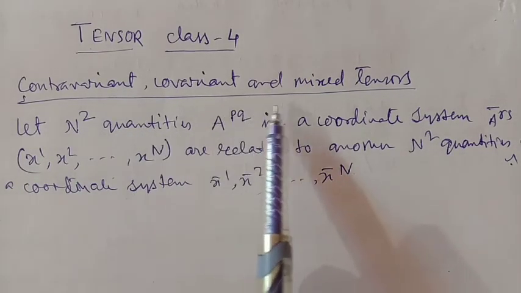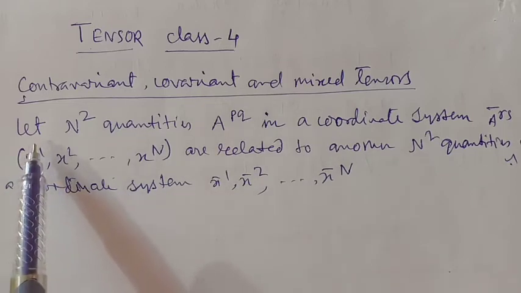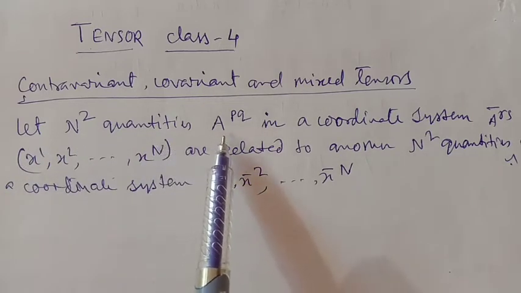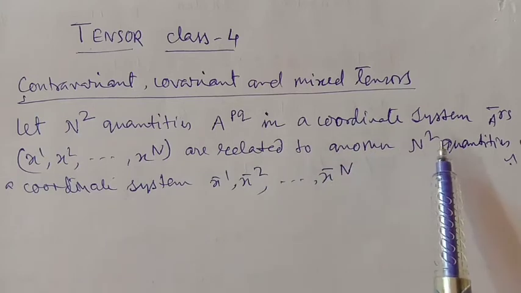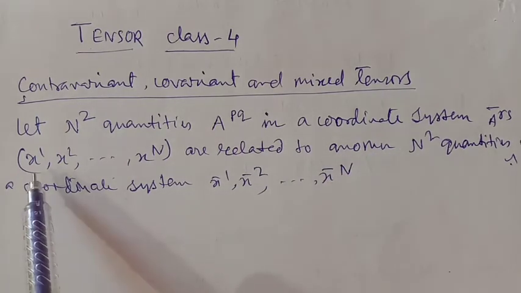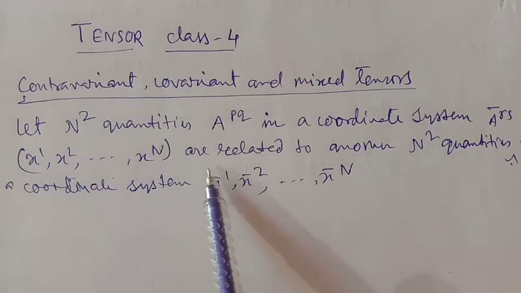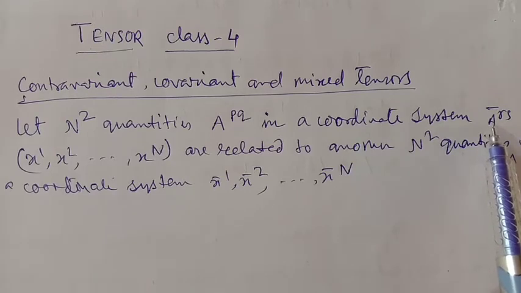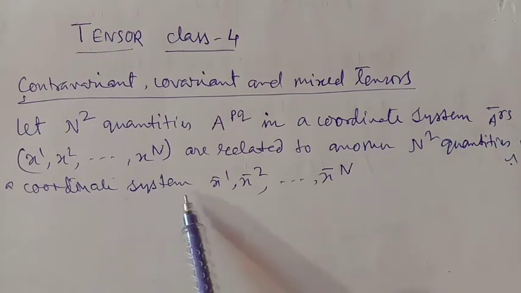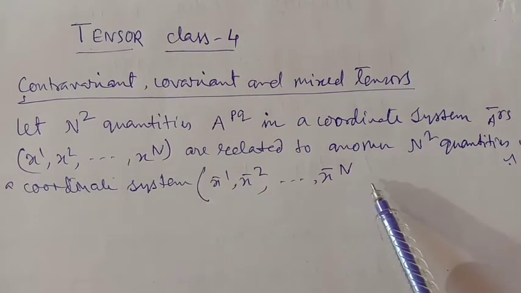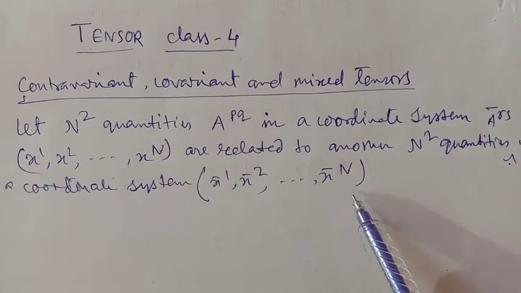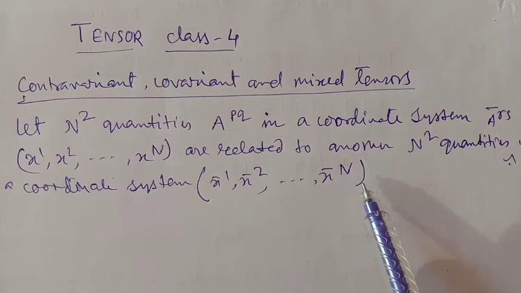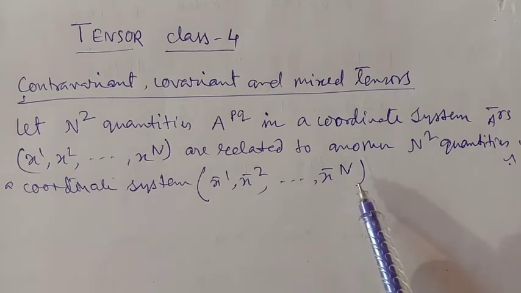Contravariant, covariant and mixed tensors. Let n square quantities A^{pq} in a coordinate system x1, x2, ..., xn be related to another n square quantities Ā^{rs} in a coordinate system x̄1, x̄2, ..., x̄n by the transformation equations